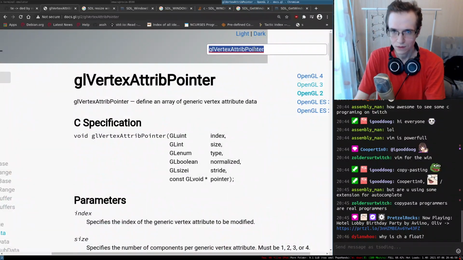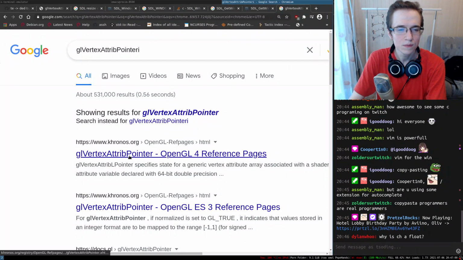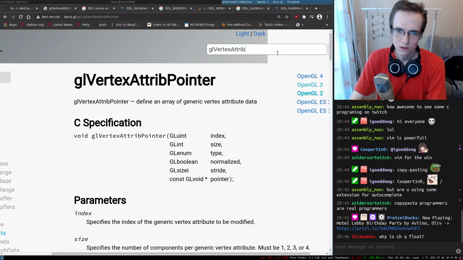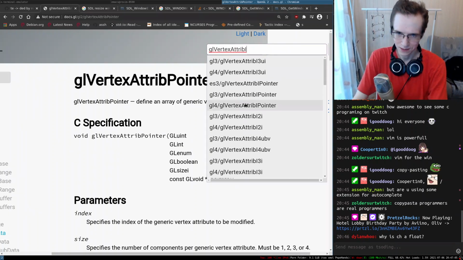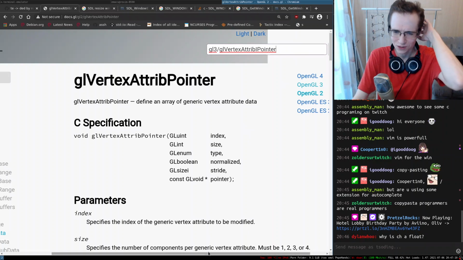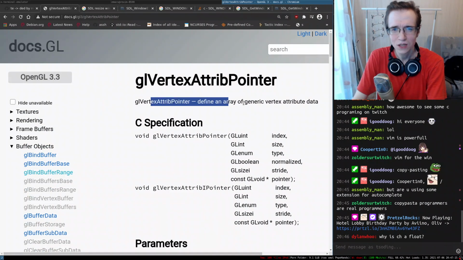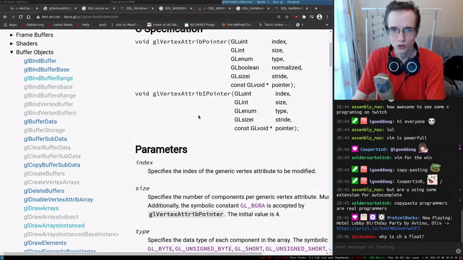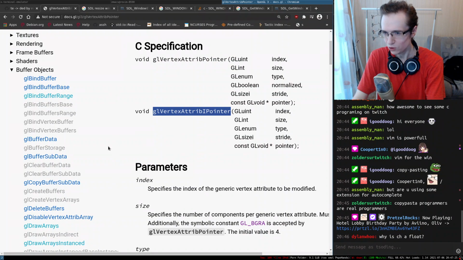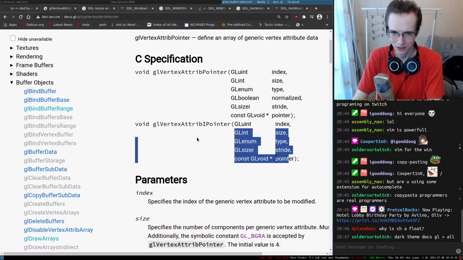but I cannot see it. It's gonna be something like I. GL vertex, I don't even remember how it's called. AttribIPointer. Yeah, something like this. But I don't remember whether you still have to use that. OpenGL is just so weird. Right, yeah, that's what I'm talking about. So it defines an array of generic vertex attribute data. It accepts the type, but if your type is integer, it is incorrect to use that function, and you have to use this function instead. The only difference between them is that one is normalized and another one is not normalized, right?